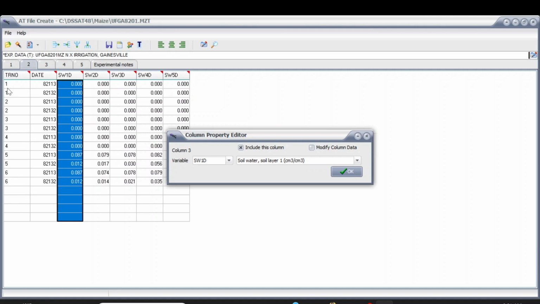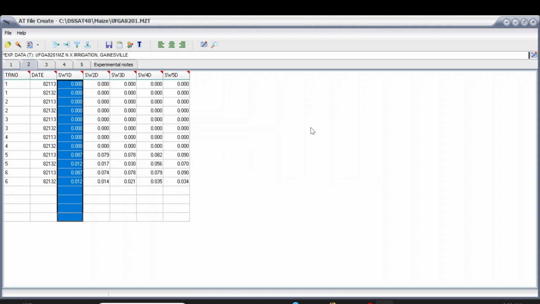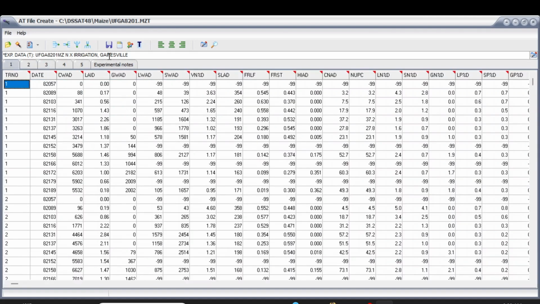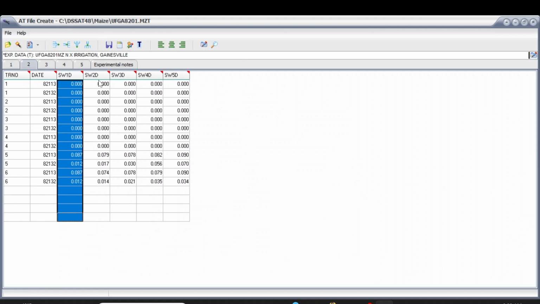So you cannot add anything like your block number 1A, 1B here. You have to add only digits like 1, 2, 3. So this is a very key point. In this way you can add multiple sheets here depending on your data. Let me show you what the SW1D shows here. Let's close this file